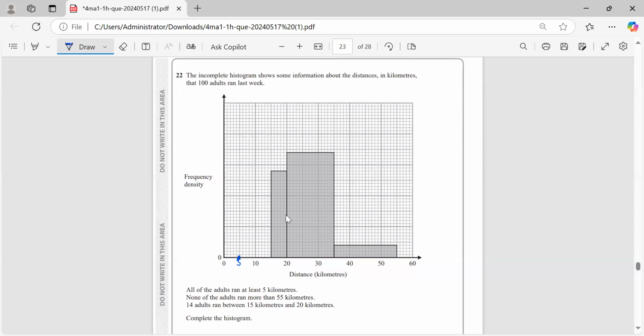So they said 14 adults ran between 15 kilometers and 20 kilometers. So from 15 kilometers, I'm here, right, to 20 kilometers, that's here. We actually have 14 adults. So you have to know that if you are making a histogram, it has frequency density on the y,